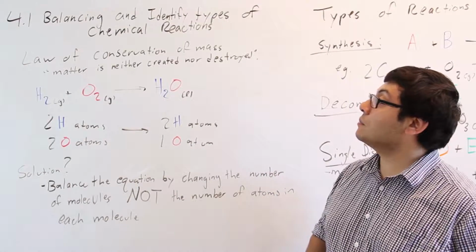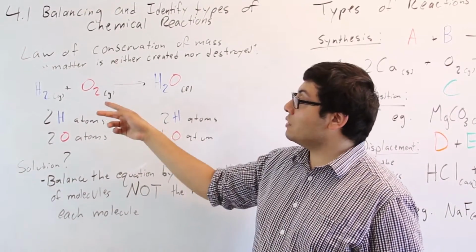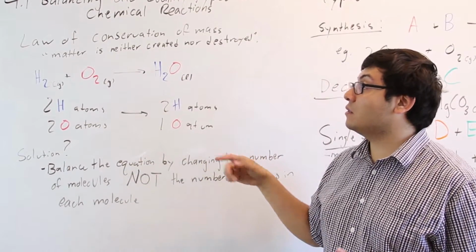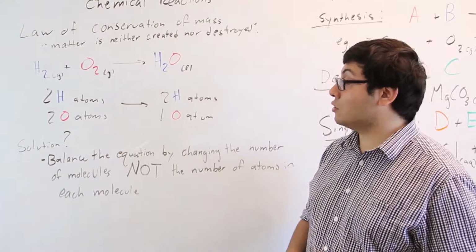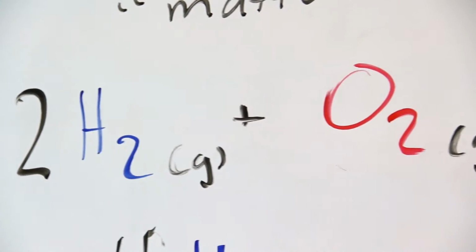Balancing and identifying types of chemical reactions. So let's start off with balancing first. It's important to keep in mind the law of conservation of mass, and that says that matter is neither created nor destroyed. So when we take a look at this chemical reaction right here, so this equation is telling us